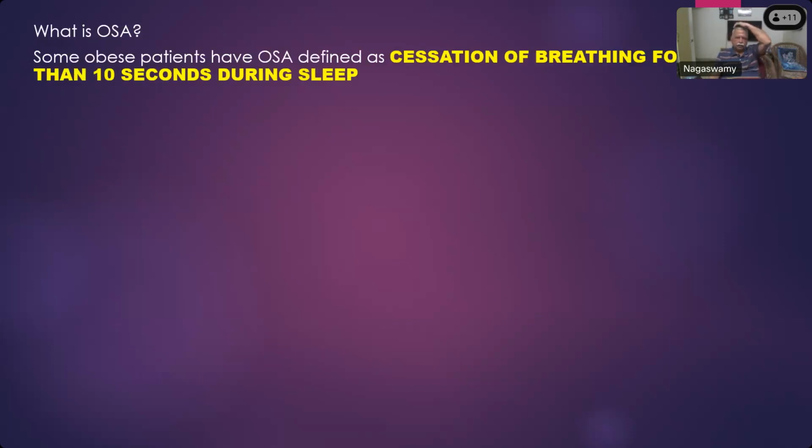Not all obese patients will have that, but you have to ask every obese patient coming to you for pre-anesthetic assessment whether they snore first of all, or whether they get obstructed and wake up. What questions will you ask to find out whether they are having OSA or not? STOP-BANG score. Snoring, tiredness. That is one. But before that, what is the simplest question that you can ask?